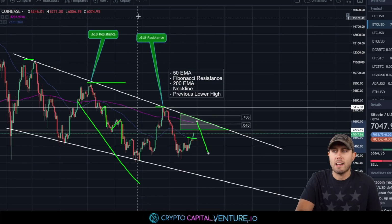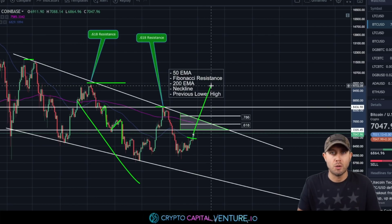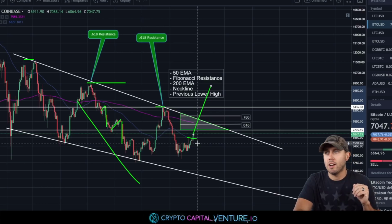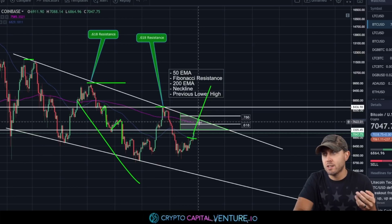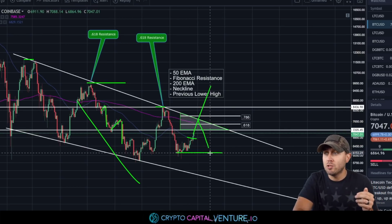On the flip side, if we do get a breakout and we hit a bottom, then that's just going to be an enjoyable ride. We're going to sit back, relax, and I don't need to be as prepared for the bullish breakout. I'm happy with my portfolio right now in terms of if we did get a bullish breakout. But I always want to anticipate and be ready for the downside so that I can accumulate more cheap Bitcoin. So the downside would be resistance here, bouncing back down, maybe seeing support here, maybe not, maybe seeing new lower lows,